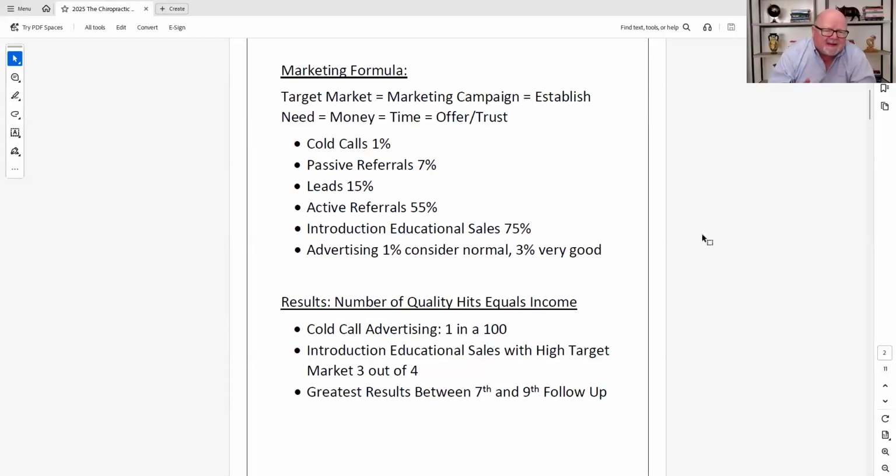But still, do I want to spend a lot of time with leads if it's only 15% and I've got other marketing that's way more effective than that? Again, these are all the decisions that you've got to make. And then, of course, active referrals. And if you know how to do active referrals, it's unbelievably effective. That's when you can regularly create business. That's why I say, and just with the